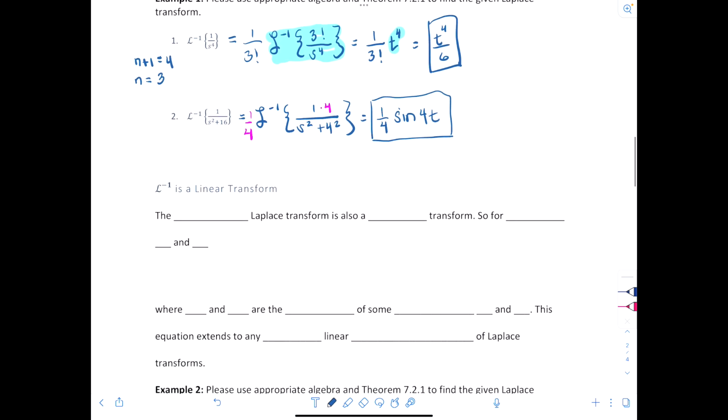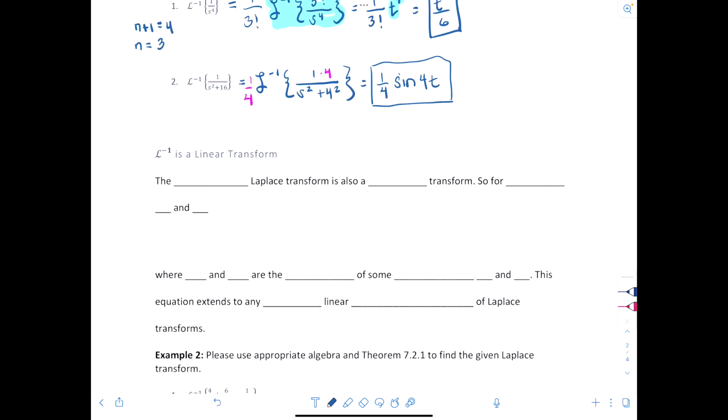All right, so it turns out that L inverse is a linear transform. So the inverse Laplace transform is also a linear transform. So for constants alpha and beta,